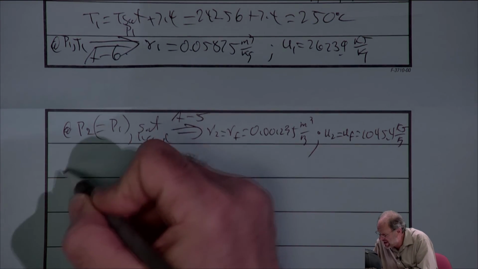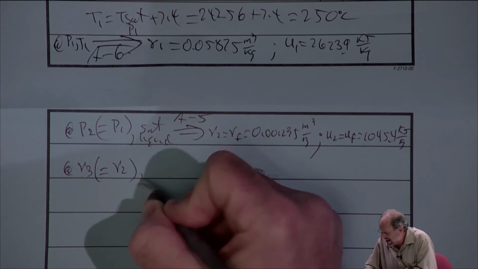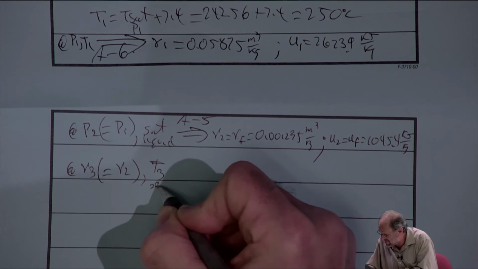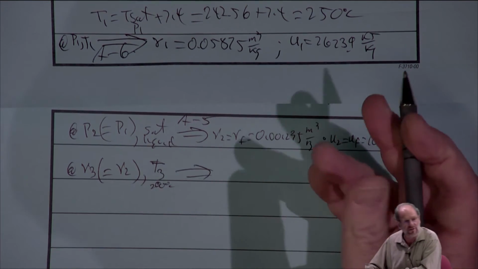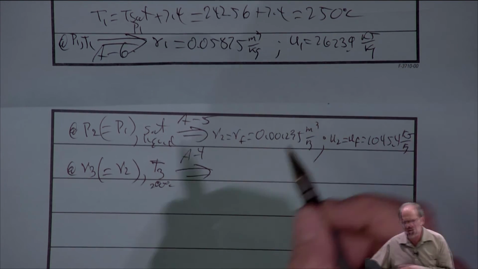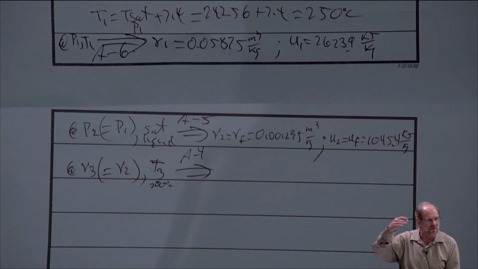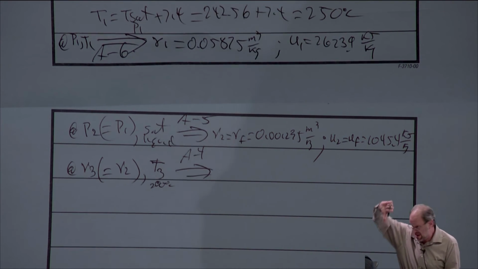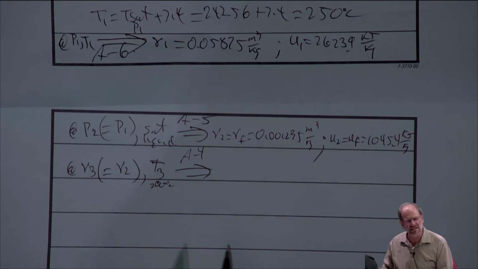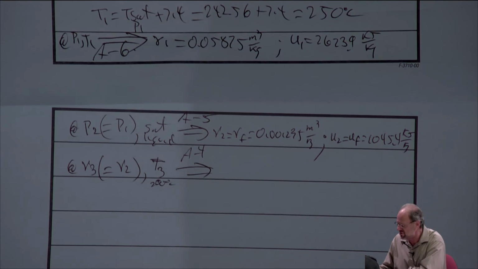Let's do the same at point 3. So V3 equals V2, correct? And T3 was 200 degrees Celsius. Well, now we're given temperature data, so that means we're going to have to go to table A4. I don't really need to do the test because I simply know, based on the problem statement, we're a saturated liquid, and then we're cooling. You have to move downwards, and that's going to put you definitely into the two-phase region. I could do the test if I wanted to, just to prove that, but not really necessary. You may want to do it just to make sure.